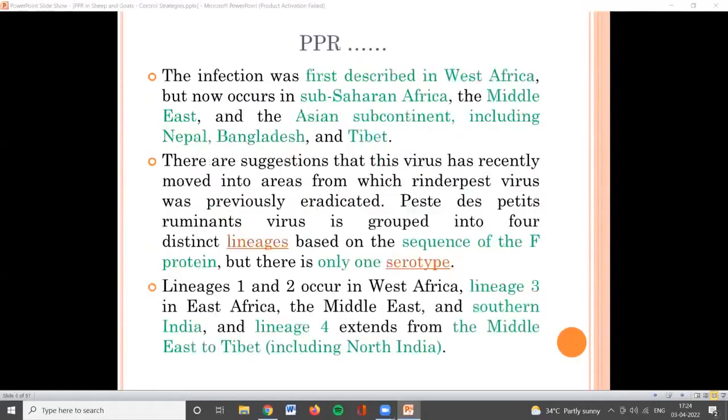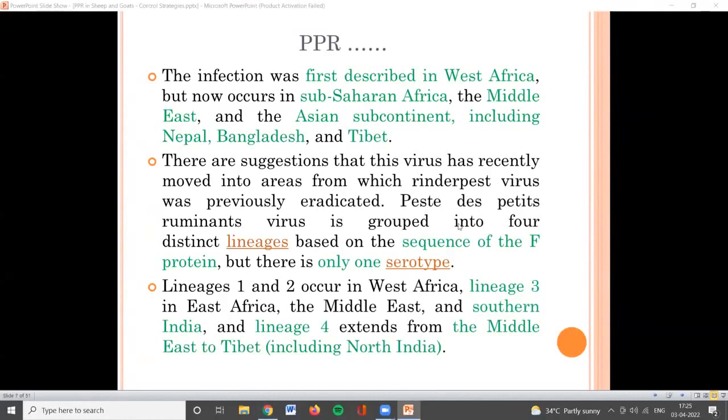The infection was first described in West Africa, and now the disease has spread to sub-Saharan Africa, the Middle East, and the Asian subcontinent, including Nepal, Bangladesh, and Tibet. PPR virus is grouped into 4 distinct lineages based on the sequence of the F protein. There is only one serotype of the